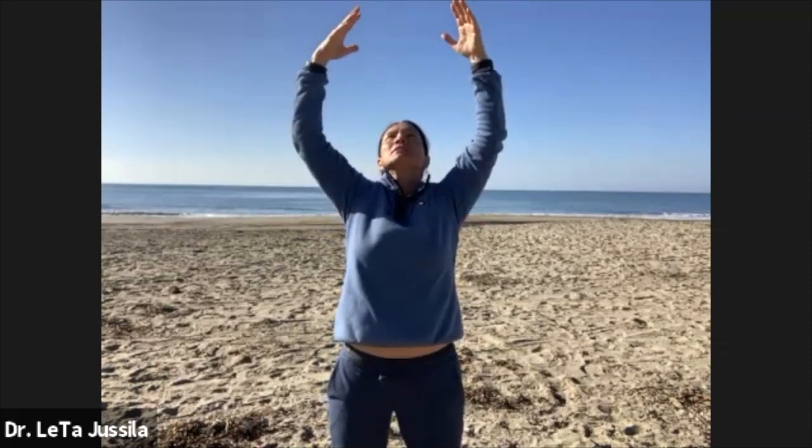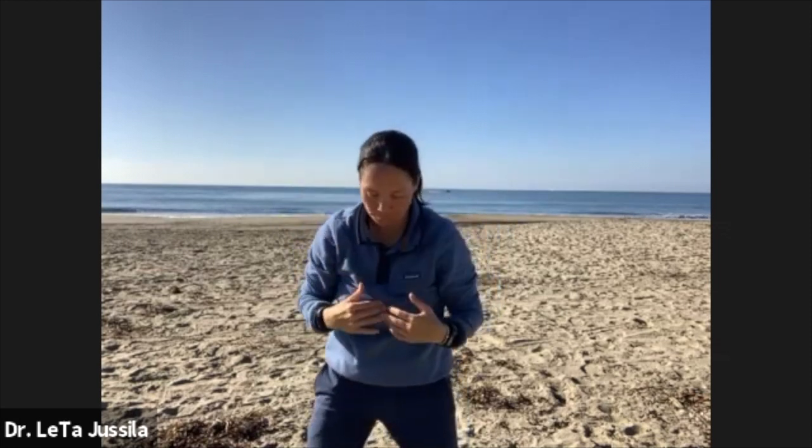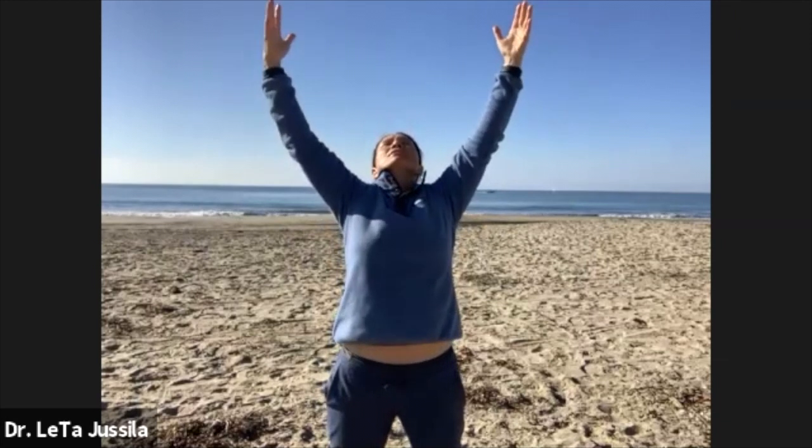So as we inhale and then exhale, you're gonna bend your knees. I like to quiet my eyes and slowly put my weight in my toes. So I'm exhaling, putting my weight in the heels, straightening my legs. Sorry, inhale and then exhale down. Good. So breathing